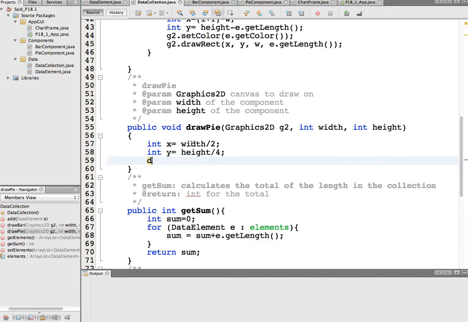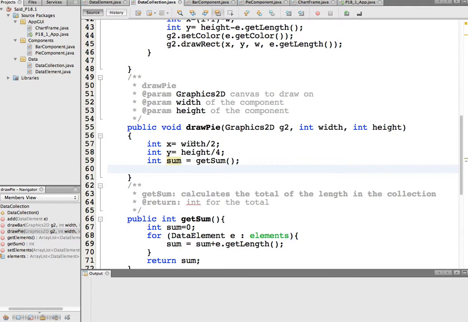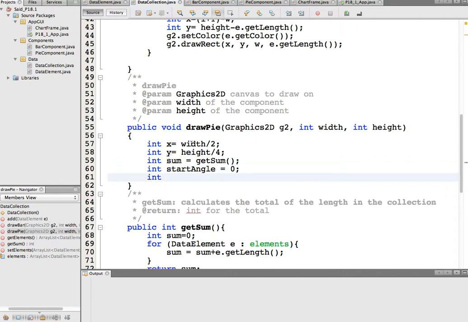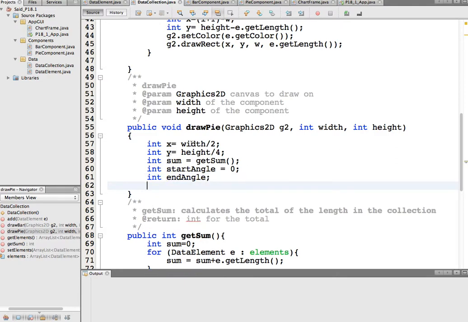So we'll say integer sum equal get sum, and we define the start angle to be 0 and define the end angle, and then loop through the array. So we say for each data element E contained in the elements array,